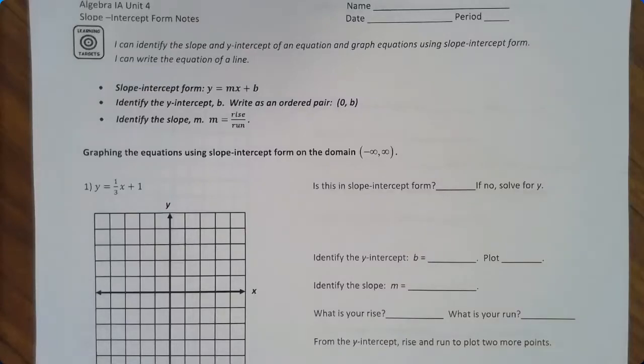How we can identify the slope and y-intercept of an equation and also graph equations using that slope-intercept form. And as we're working through this, we're also going to be able to write equations of lines using our slope and intercept form. So you may remember from other math classes that the slope-intercept form for equations of a line is y equals mx plus b,